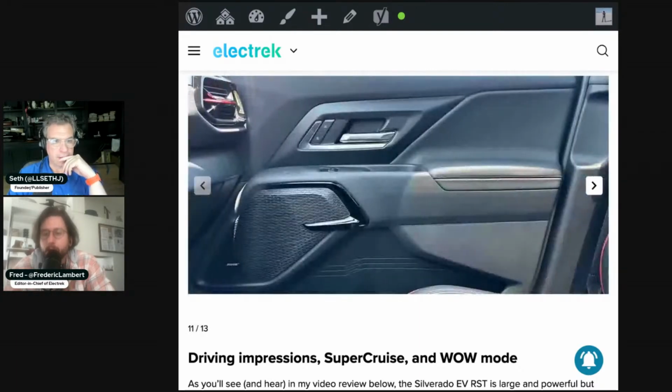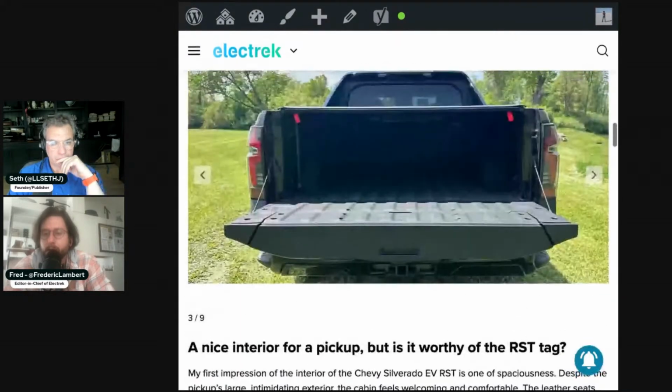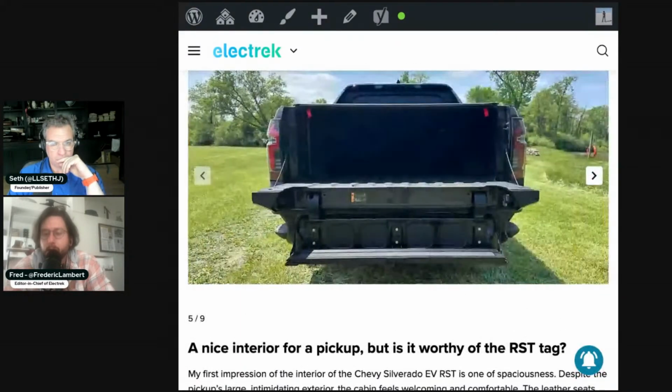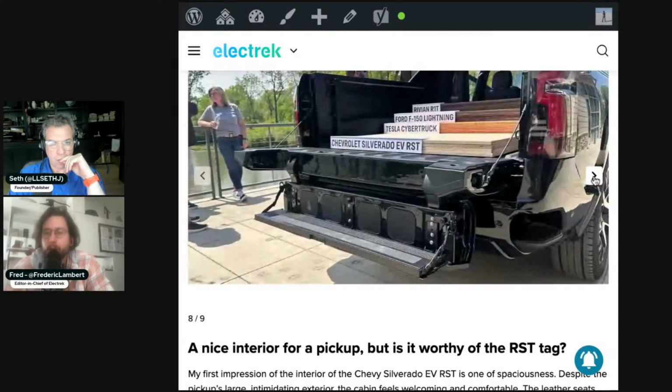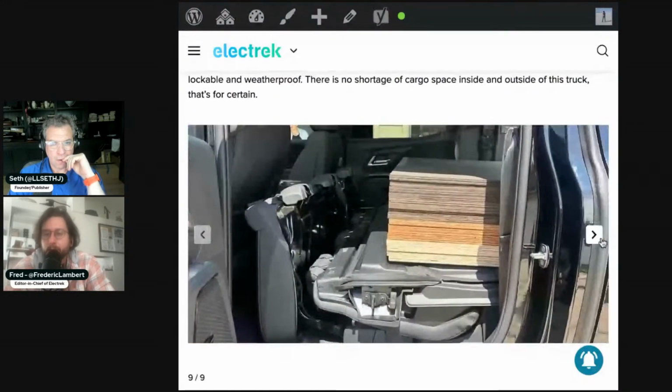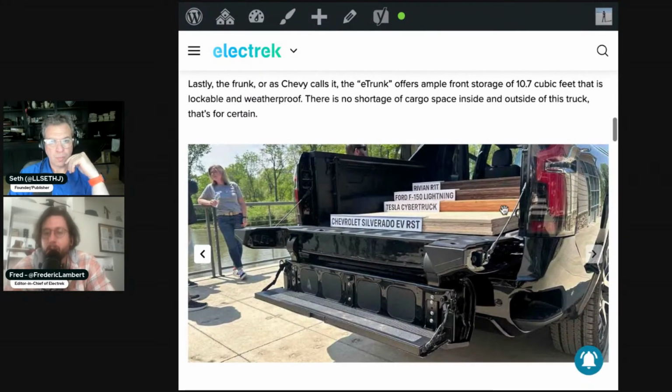Kind of like a little bit like a convertible. Trying to find it, it has to be here, right? No. Oh yeah, here. There was a better picture of it though. Here. We have, okay. So they put these plywoods in the truck to represent just how big it is. They go all the way to where you can close the tailgate here for the Silverado EV RST,